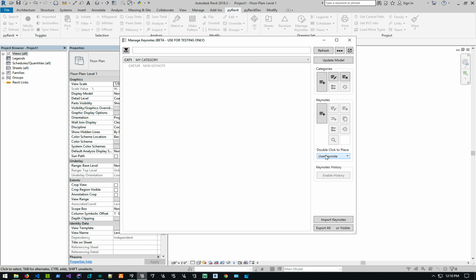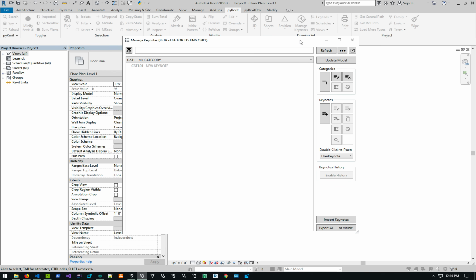So if you have multiple projects open in Revit, and you're managing the keynotes for multiple different projects, the configuration that you have on the window is per project, and it remembers that even if you shut down your computer, because it saves that in pyRevit configurations. So every time you launch your Keynote Manager for that project, it knows the window location,